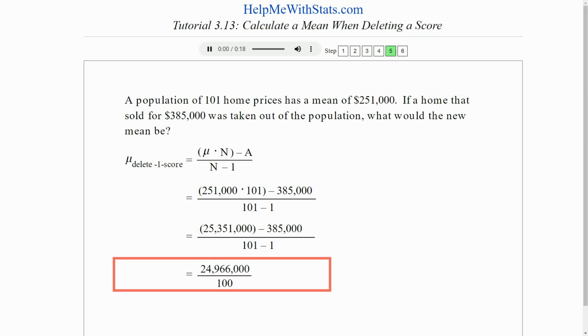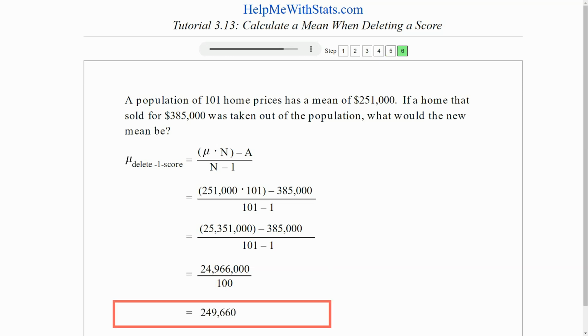25,351,000. Let's simplify the numerator by subtracting 385,000 from 25,351,000 to get 24,966,000. Let's also simplify the denominator of 101 minus 1, which works out to 100. Let's simplify the quotient and we have our answer, which is